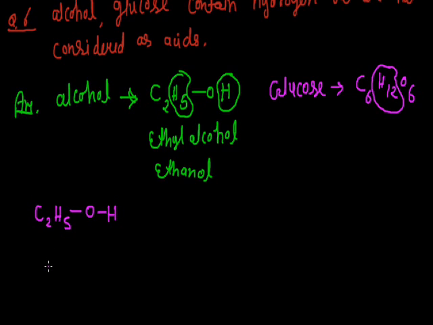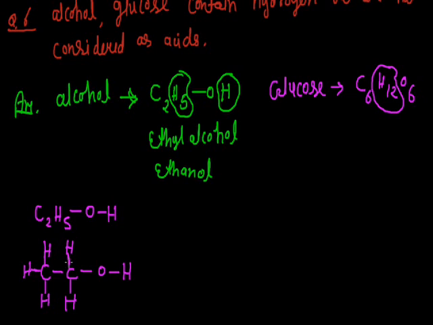Now when we open up this formula, in CH3 these 3 hydrogen are bonded with this carbon, and the remaining 2 hydrogen are bonded with this carbon. So a total of 5 hydrogen are bonded with these 2 carbon atoms, and the remaining 1 hydrogen atom is bonded with this oxygen. Now as we know, between carbon and hydrogen the EN difference is very small. EN means electron attracting tendency. Carbon and hydrogen both have almost similar EN.